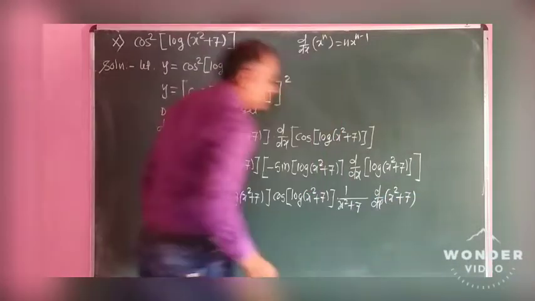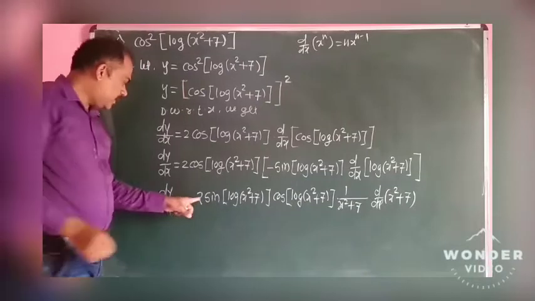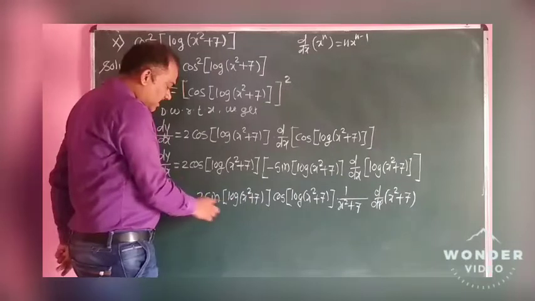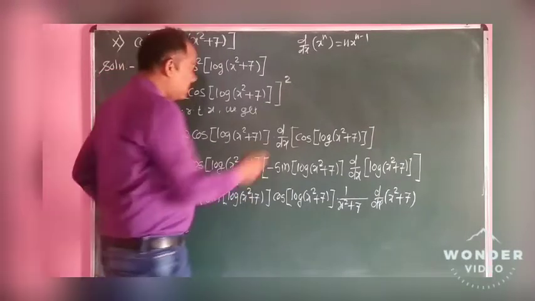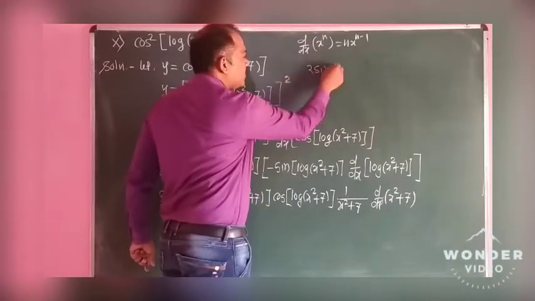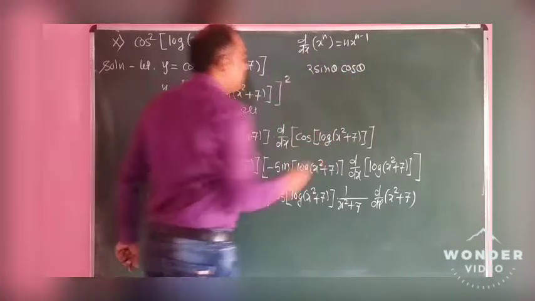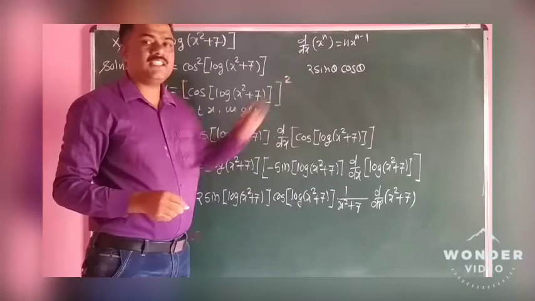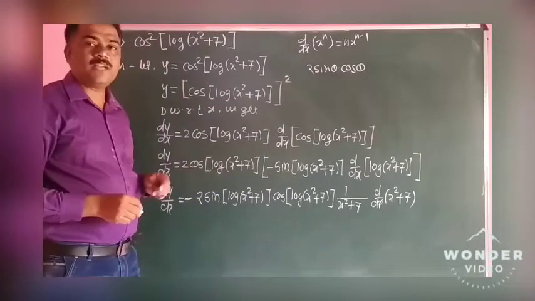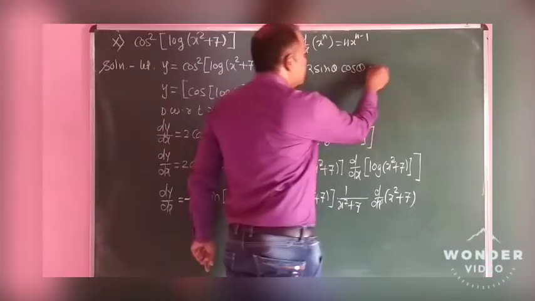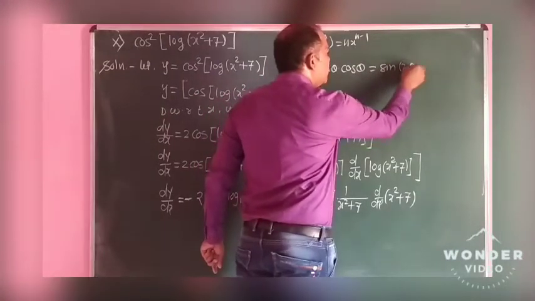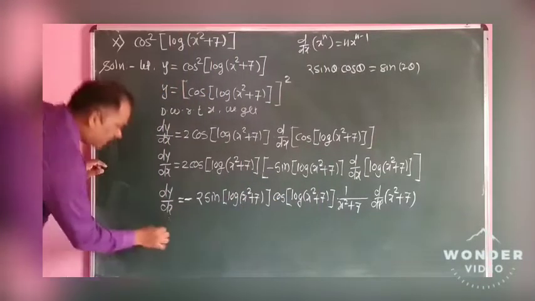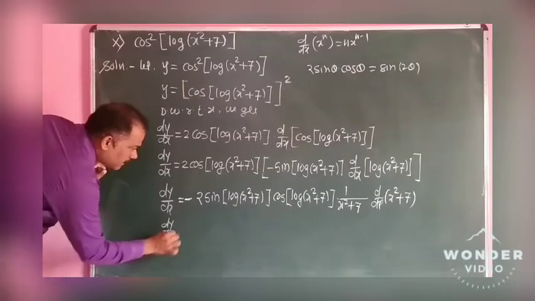x square plus 7. Now here we have to see that suppose this log of x square plus 7 is theta, that is what? 2 times sin theta into cos theta. Instead of log of x square plus 7, we have considered theta, and we have to know the formula: 2 times sin theta into cos theta is sin of 2 theta. What is theta? Theta is nothing but log of x square plus 7. So that we can write dy by dx is equal to